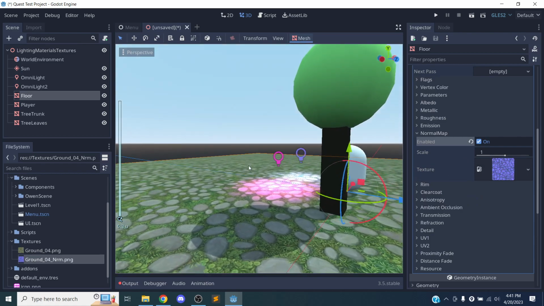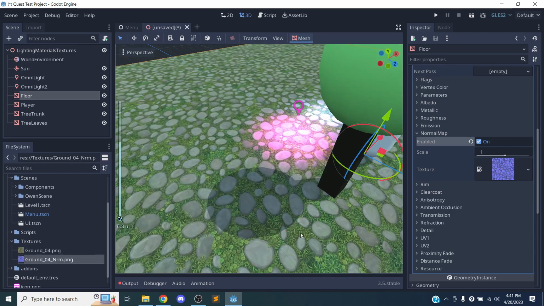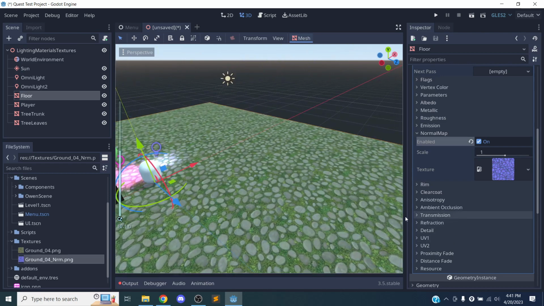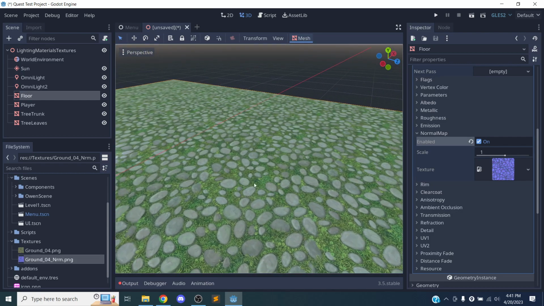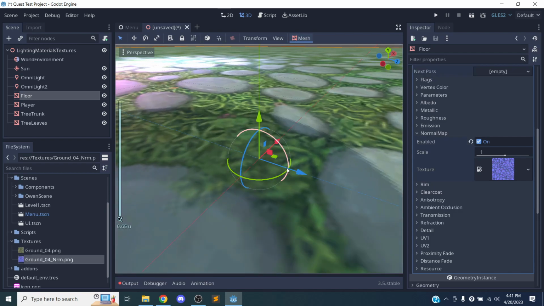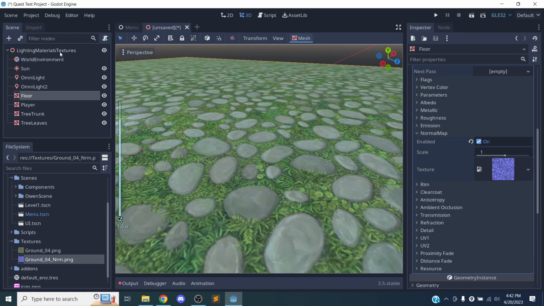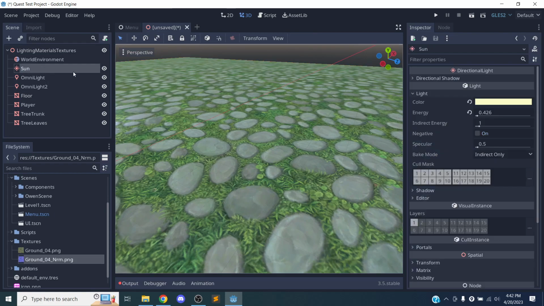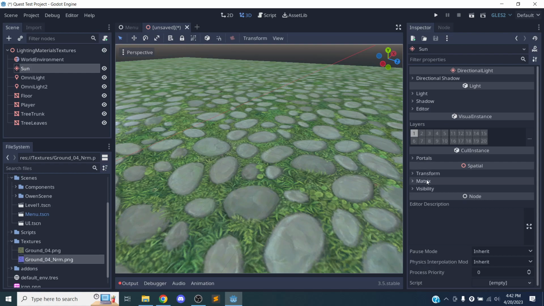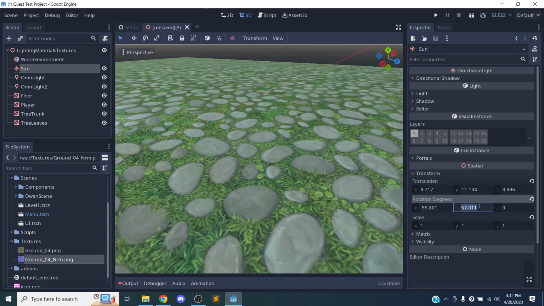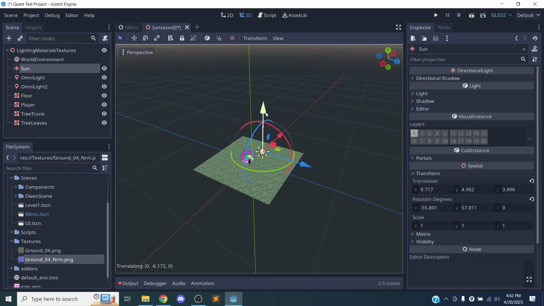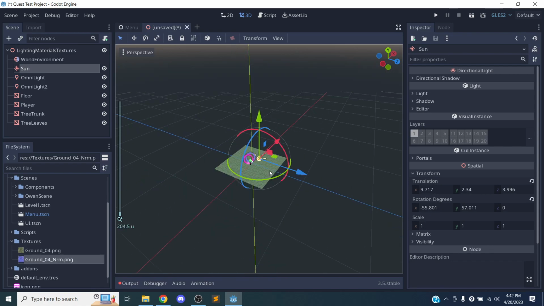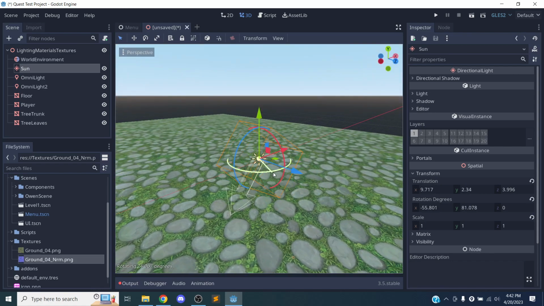So it's pretty subtle, but notice now, let me find a part of the texture without the other crazy lights. So I'm going to zoom in here a little bit. Okay, I'll focus on the floor. There we go. Okay. So I'll zoom in here, and then I'm going to take my sun. And if I change the direction here, so if I rotate, actually, let's just grab it. Move this down. Okay, so if I move this,